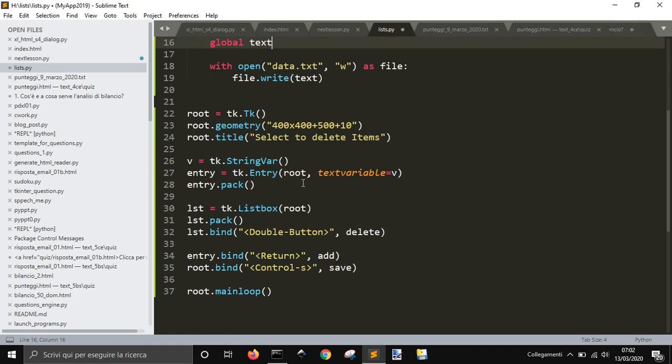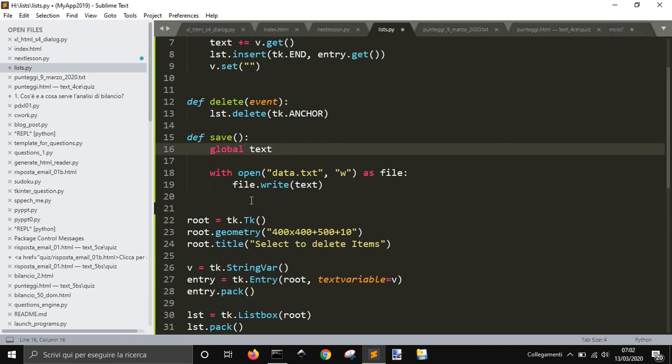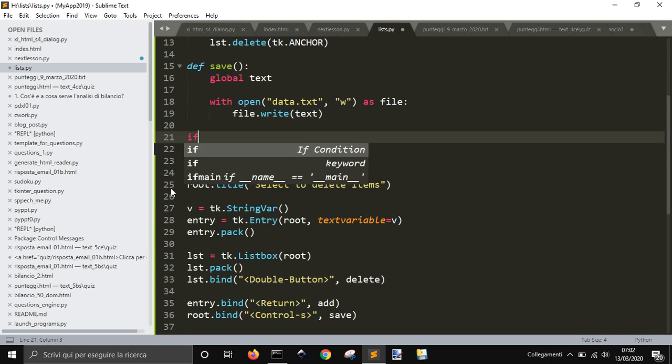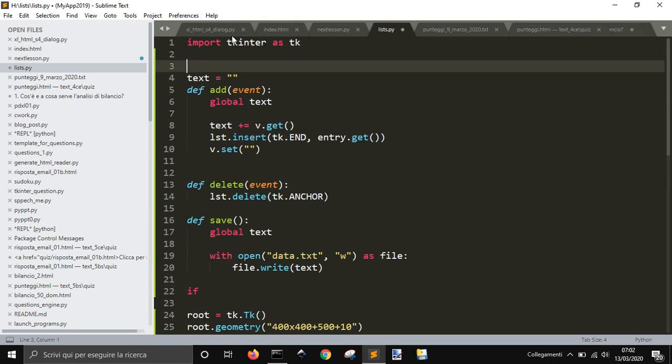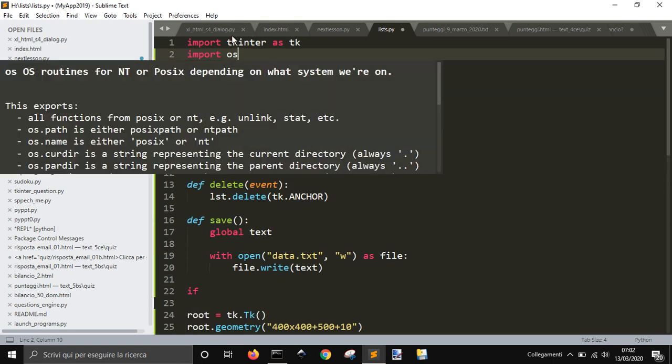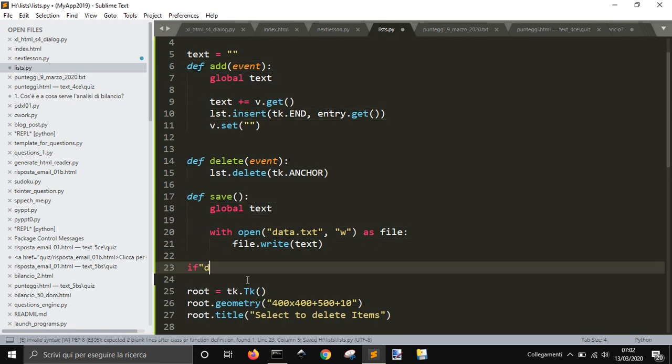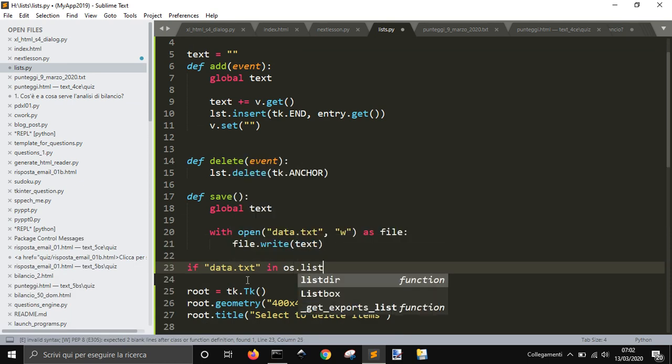Now, when I open the window here, the first thing that I have to do is, let me import os first. So if data.txt is in os.listdir,